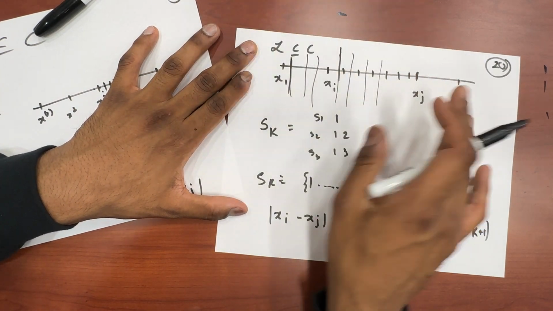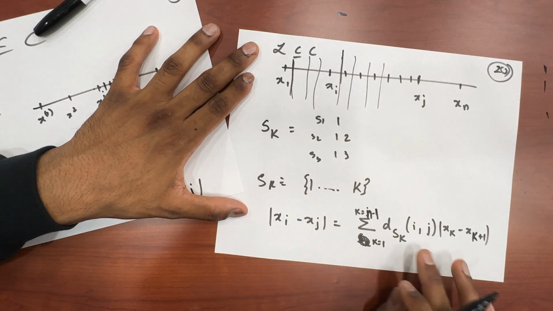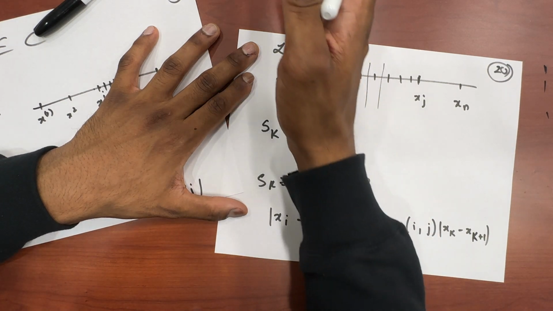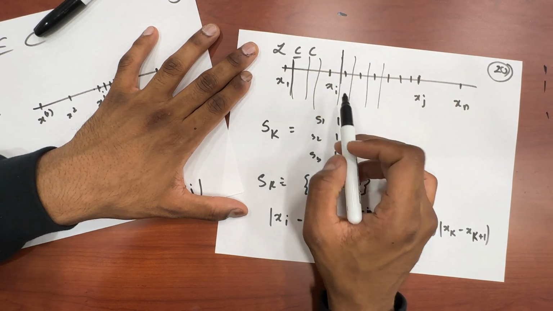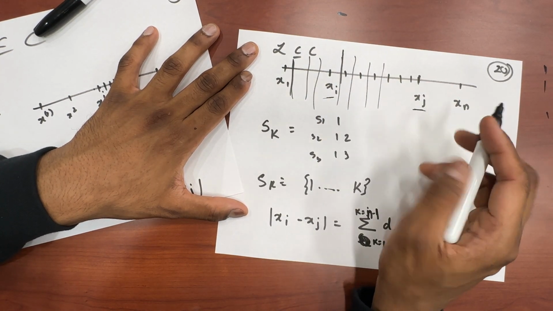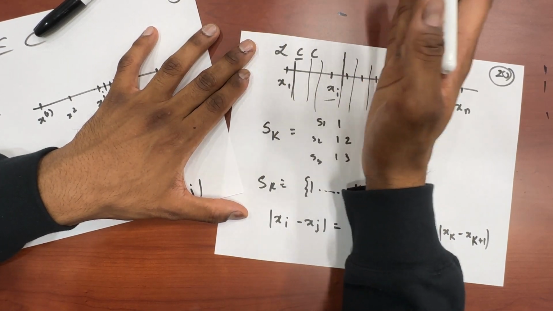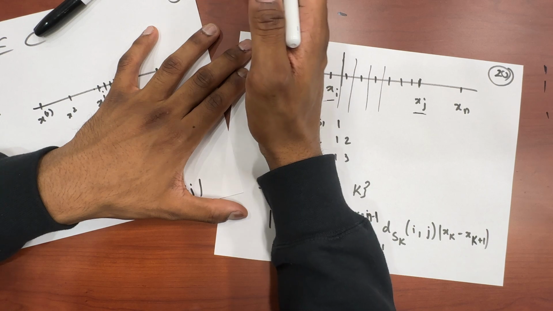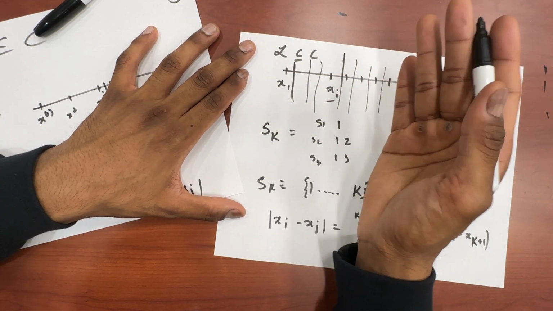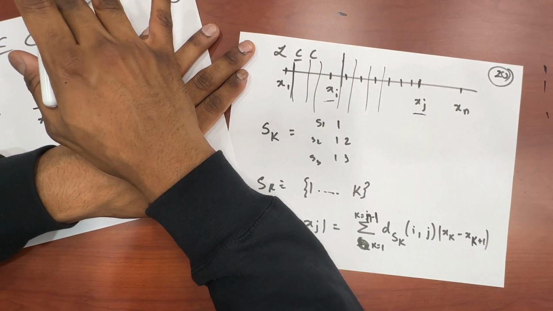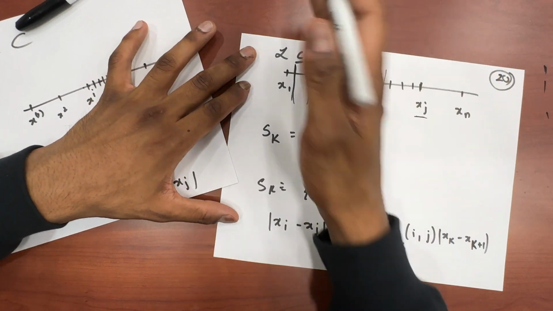This cut metric puts xi and xj on the same side, so d_{S}(i,j) will be 0 in this metric. The second metric puts them on the same side, it's 0 again. In this particular metric, xi and xj are put on opposite sides. So now I want to include this. Basically what I'm doing is I'm trying to increase my level sets. I'm trying to take this cut from here all the way to here. And every time I am in such a cut that xi is on the left and xj is on the right, I want to include the distance, like the L1 distance, that this